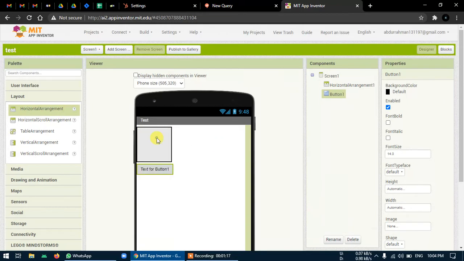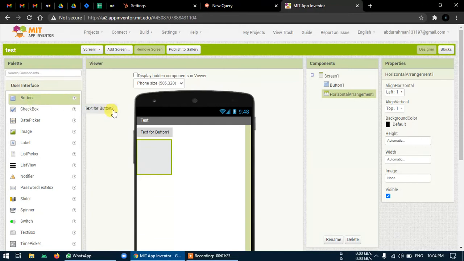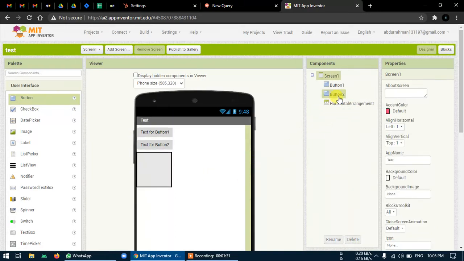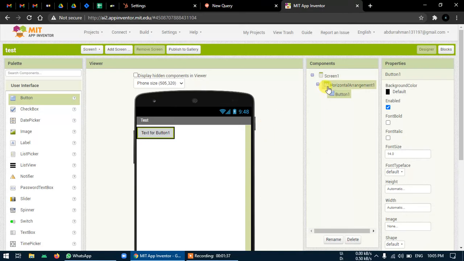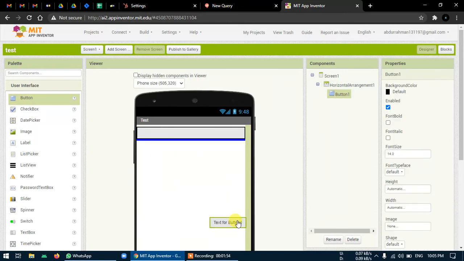Right now, if I don't use this horizontal arrangement, I cannot put buttons or any other component side by side. This won't allow us to put them side by side. So we use another component that is called horizontal arrangement. Still, it is not so flexible that it will allow the movement of the button to be dynamic when the app is running. In the sense, suppose your app is running and you want to move this button over here or maybe somewhere downside, it is not possible to make it move.